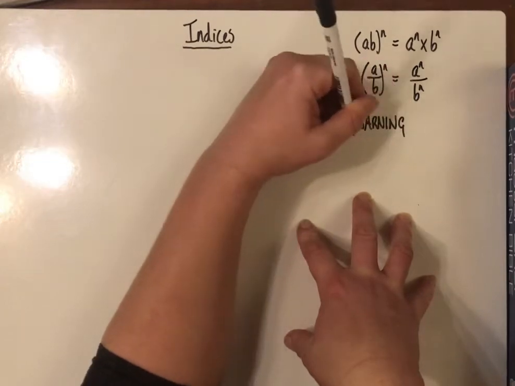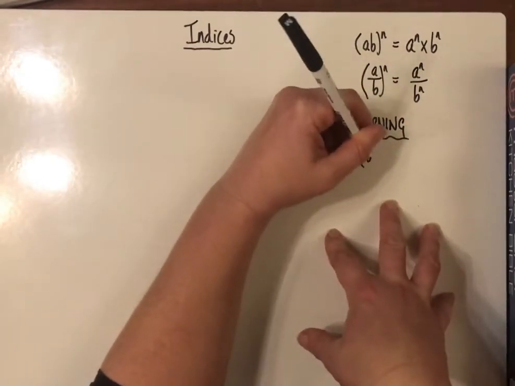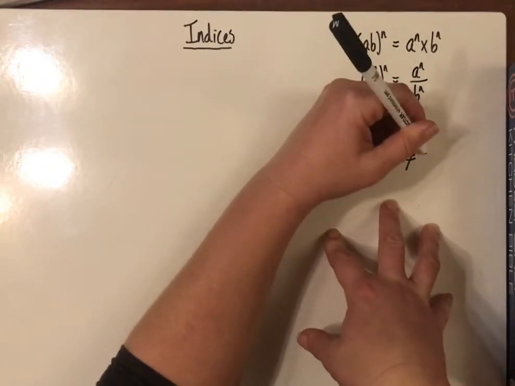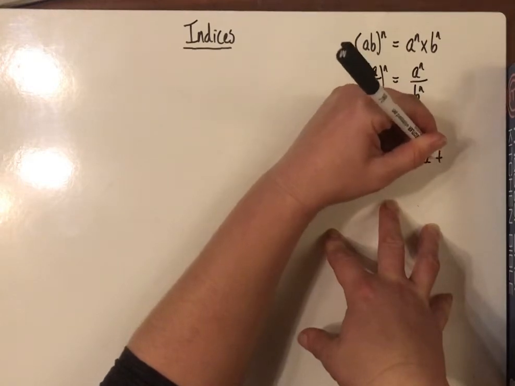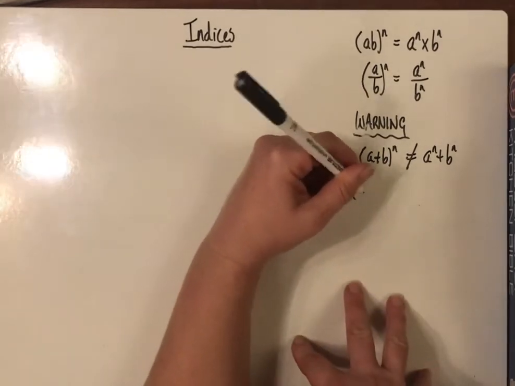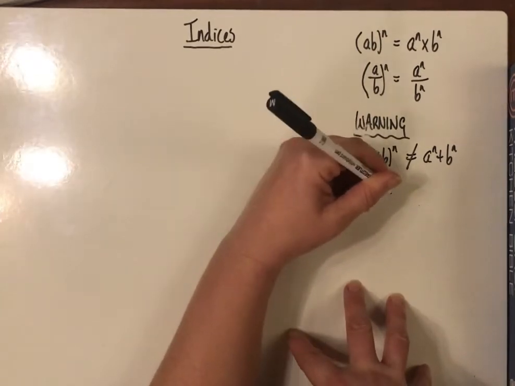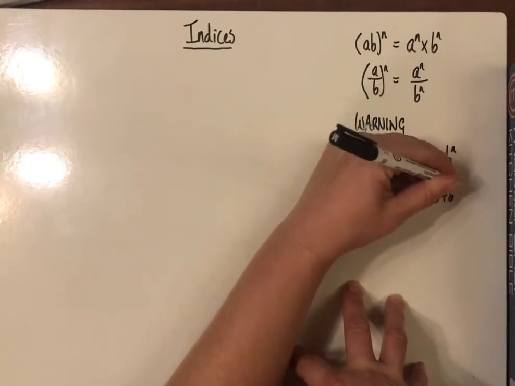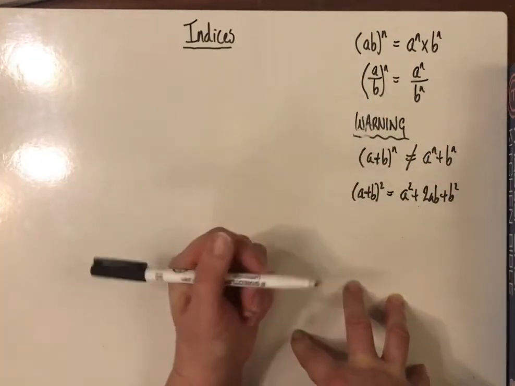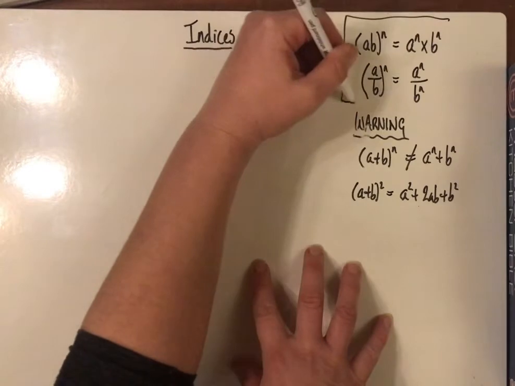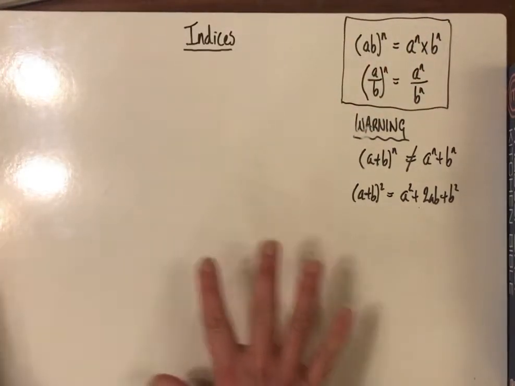warning, I'm sure I've told everyone this quite a few times already, you cannot split a square root across an addition, so just be careful about that. If you think about it, if you've got a plus b squared, you have to multiply out two brackets and you get a squared plus 2ab plus b squared, which certainly isn't a squared plus b squared. So yeah, but do use these. So general rules,